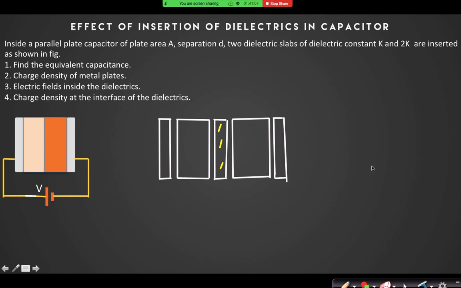But if the charge on this segment is plus, this is minus, this is plus, and this is minus, this is plus, and this is minus. So if this charge is minus, and this charge is plus, this charge is minus, this charge is suppose Q1, and this charge is Q2, then according to induction, this metal plate on this side has induced charge of minus Q1, and on this side has induced charge plus Q2. That is not possible, sir.